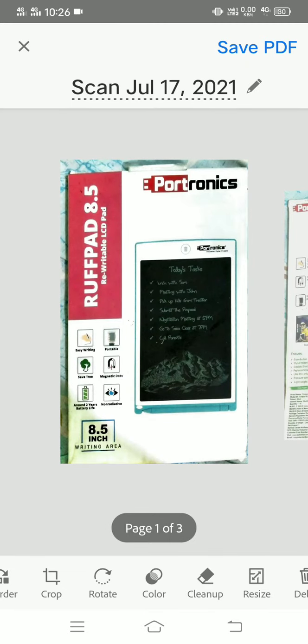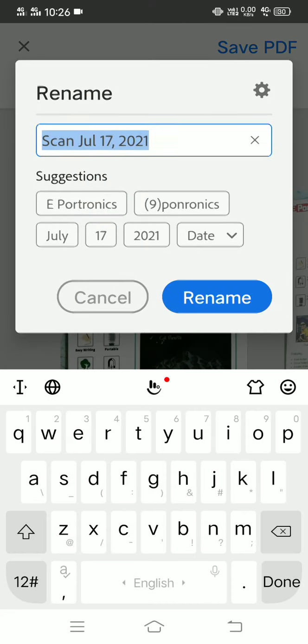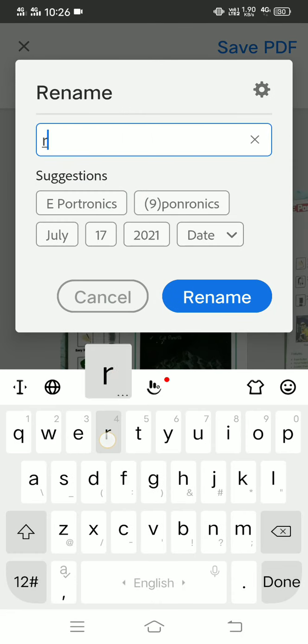Okay, here the save PDF option is given. What is given? Save PDF option. Here is scan July 17, 2001. By default this name will come, so you have to rename it. So here you can type whatever name you like. Suppose Rakesh is given.